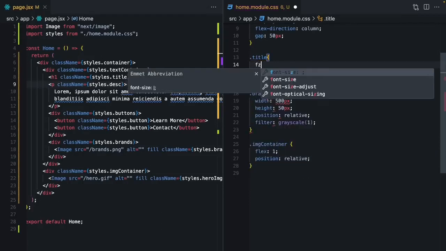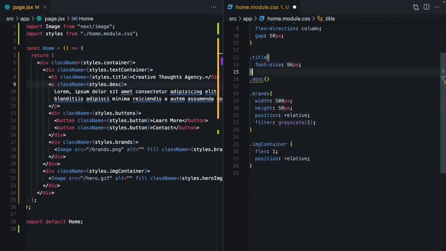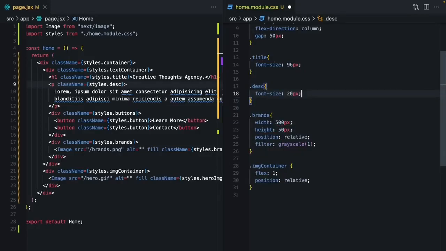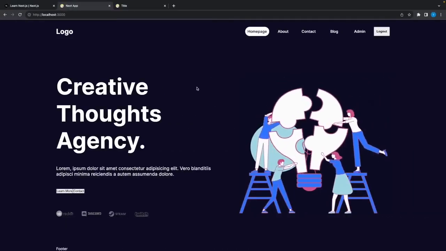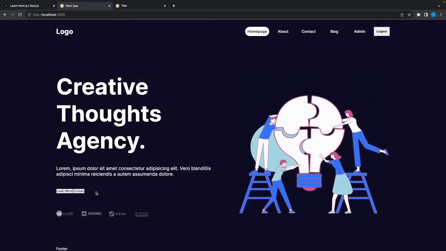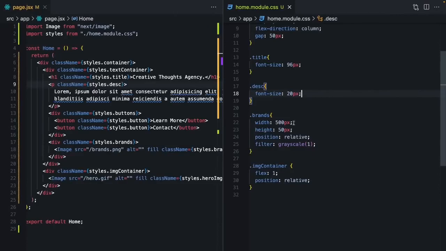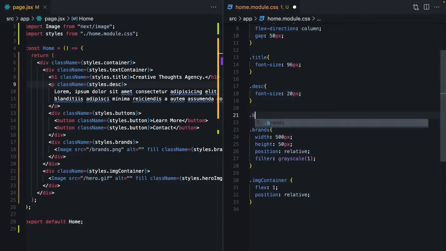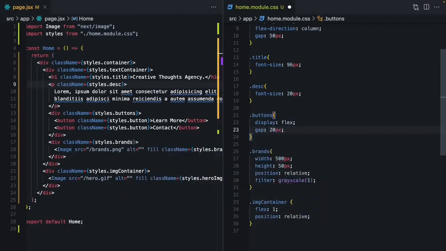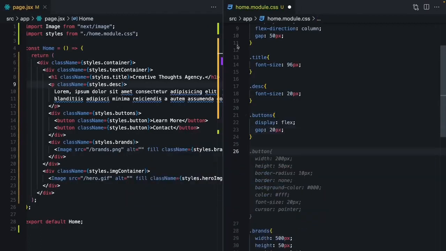I will say font size is 96 pixels. And for the description, it's gonna be 20. Okay, what about those items? Again, it's gonna be display flex, and I'm gonna separate them. Let's say 20 pixels. And for each button,